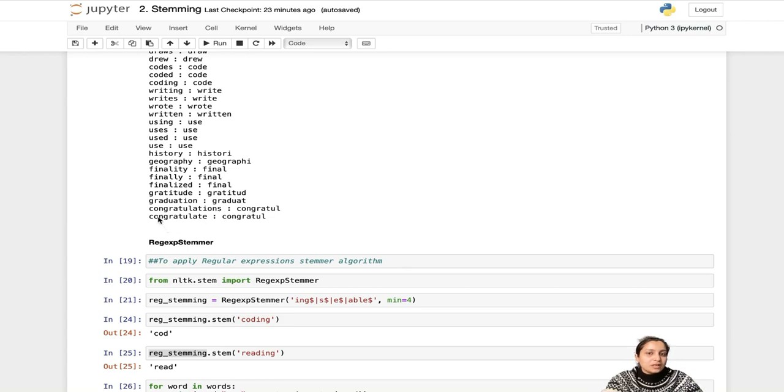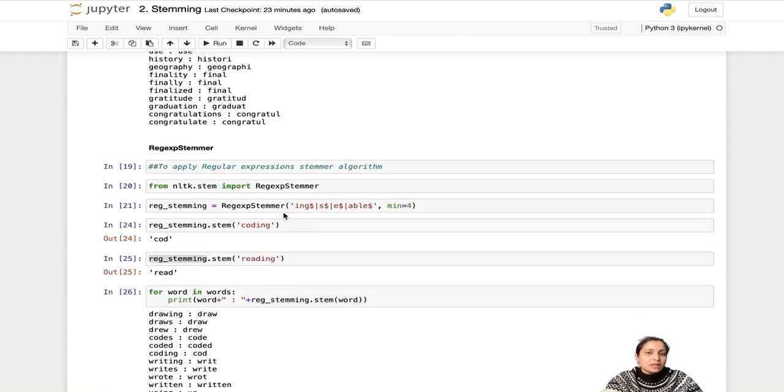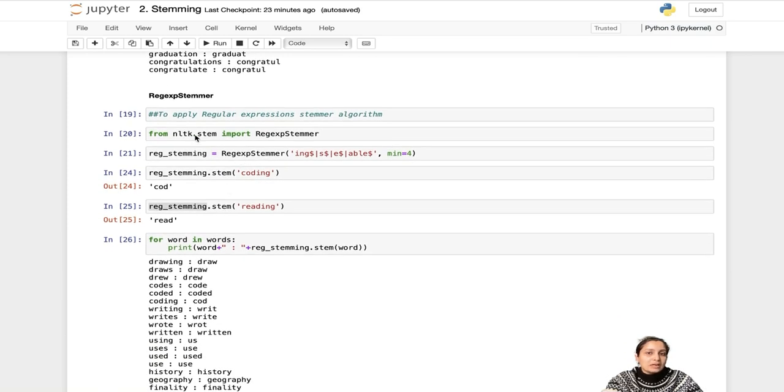And for congratulations, it generates a meaningless word called congratulate. So even though it reduces the word to its root or to its stem, it doesn't always generate a meaningful word. Now let's look at another kind of stemming, which is the regular expression stemmer, regex stemmer, imported from nltk.stem